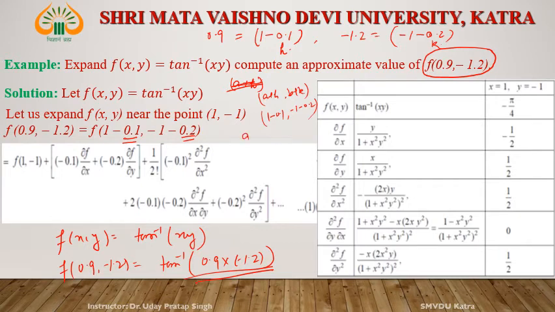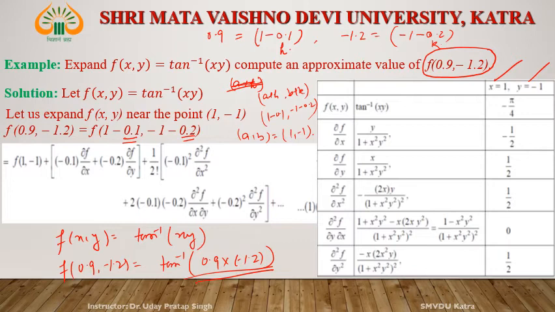It means our ab is 1 and minus 1. See here, in the formula it is mentioned that x and y. This x is 1 and y is 1, or a is 1 and b is minus 1. Okay, now we have to evaluate